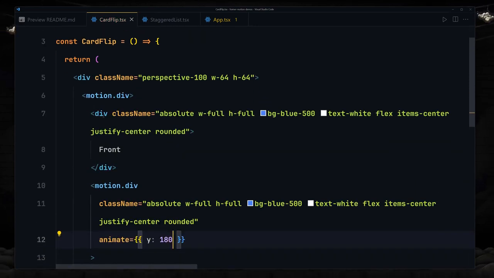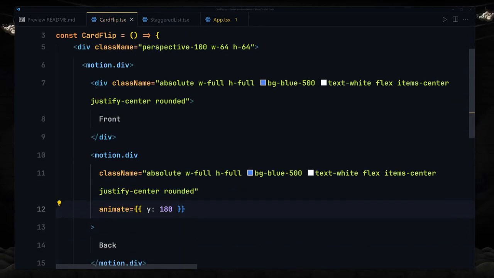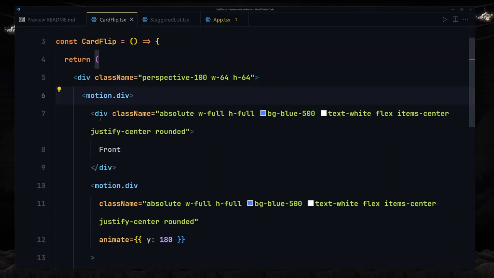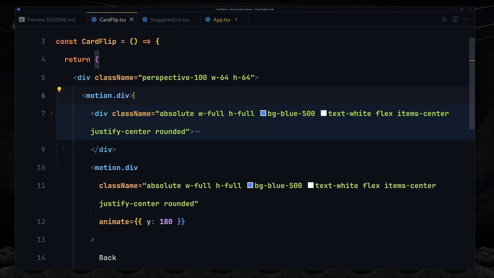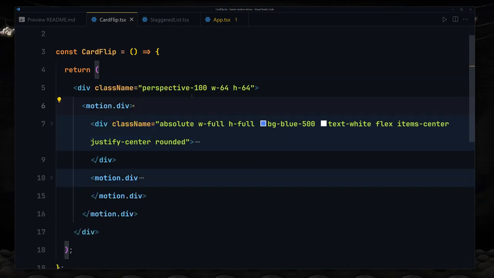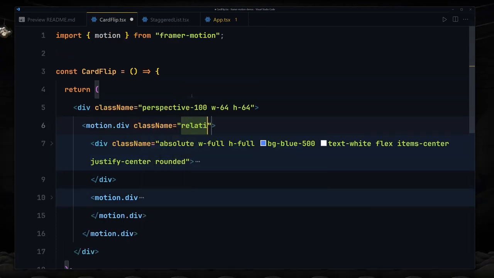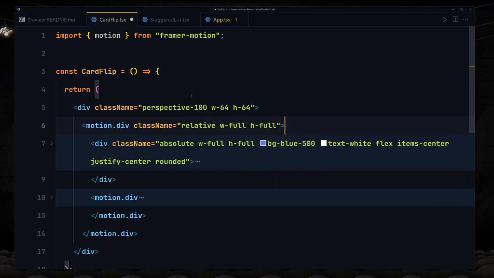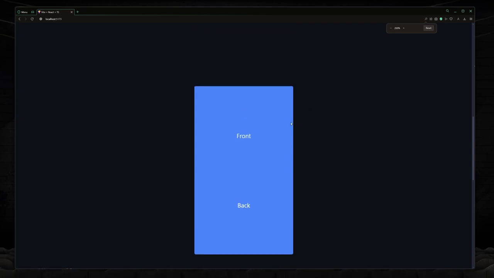Now we have to specify our motion values. So what I'm going to do is hide this one. Comment that, like hide that. Now I'm going to provide a bit of classes to this div. So it's going to be set to relative, width will be set to full, and height will also be set to full or screen, whatever you want to call that. Now if I save my file, here you can see we are now getting these divs, but they are not